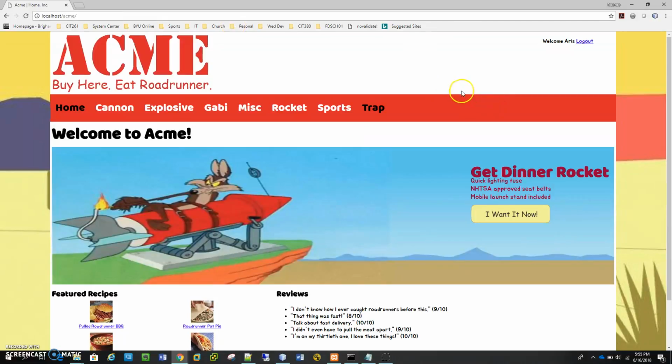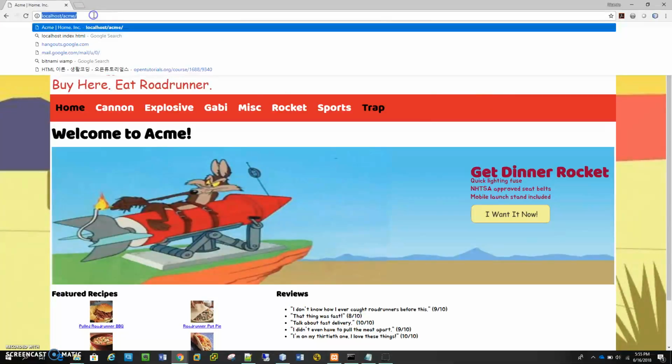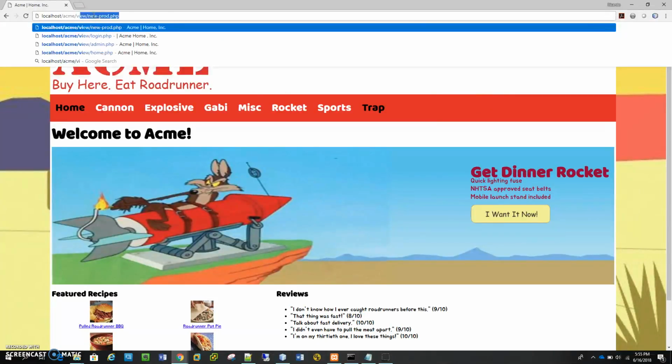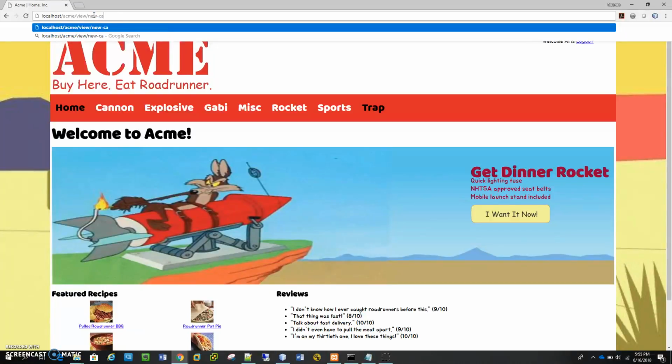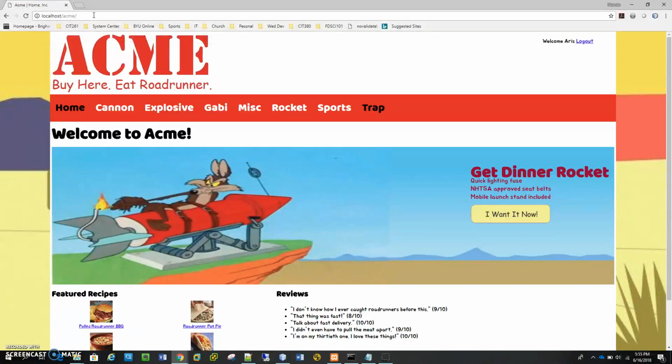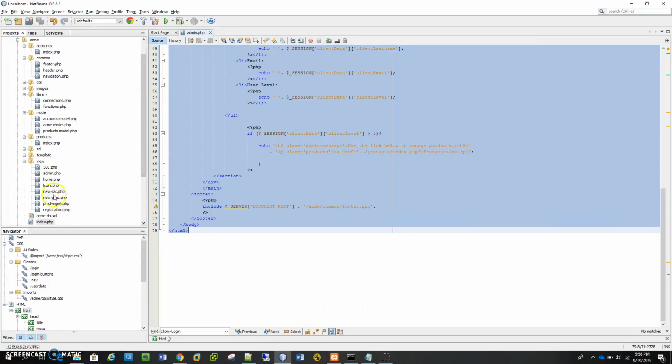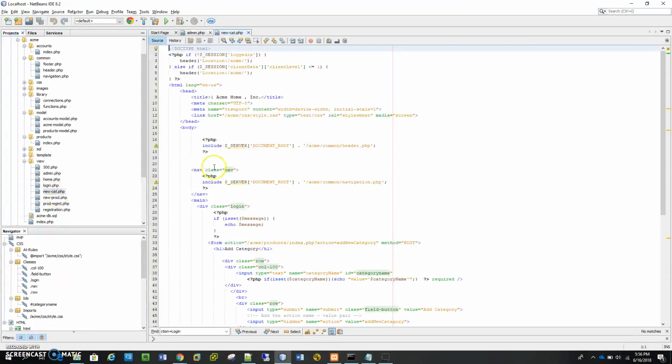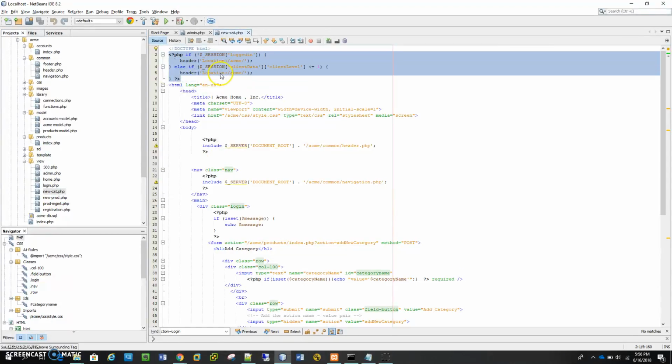Okay, it brings me here, and if I go to view new cat.php, it says the same. This is because in those 3 views, at new category, I set up here this PHP